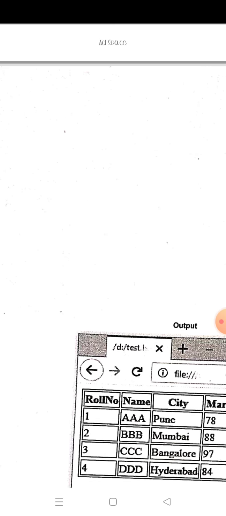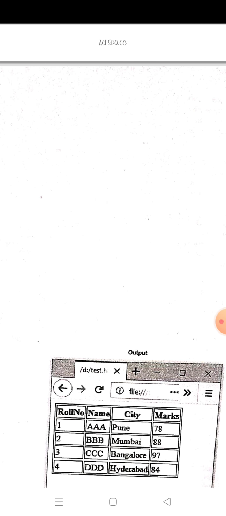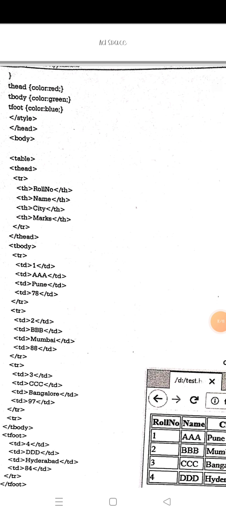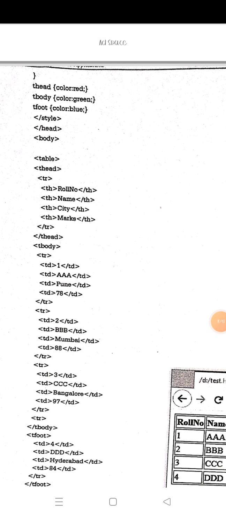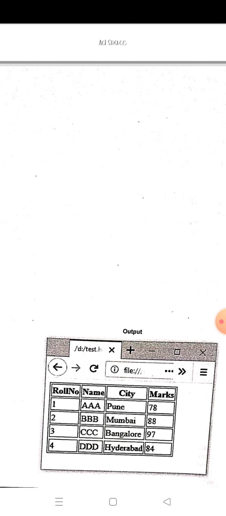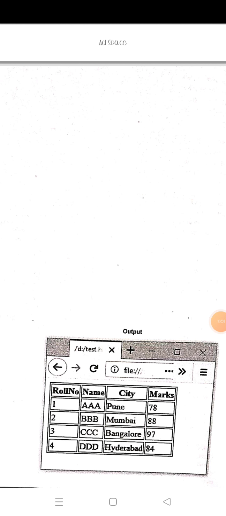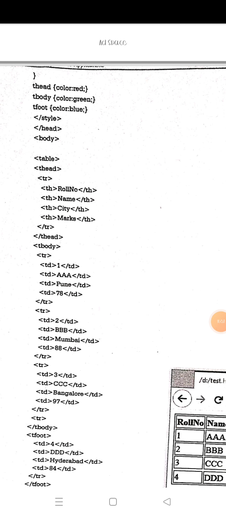This one, this is the table head now. For this we are defining red color. Then tbody, so this is the table body. For that one we are giving green color.